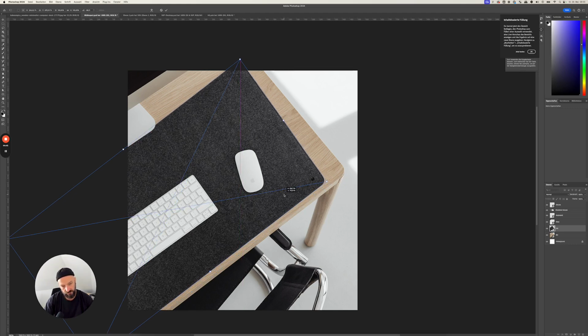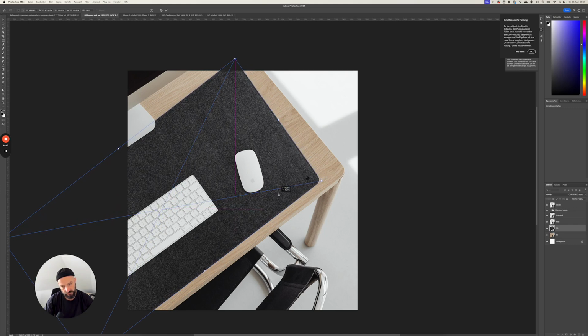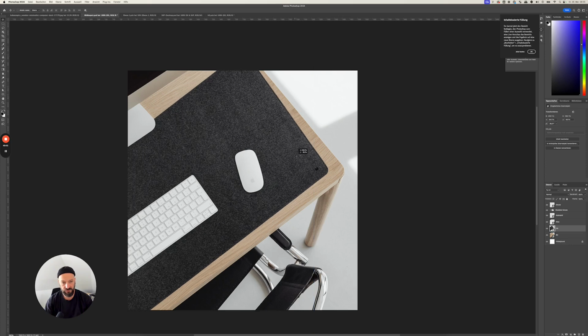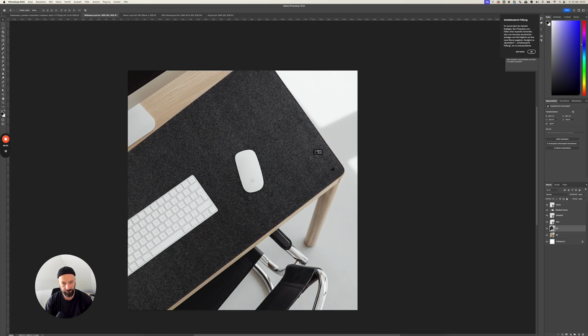So now I'm moving this where I want this to be. Let's say I want to have this right here, and now you can see that the perspective is not looking right. You can see it because this line is not aligning with this. So now you have to match the perspective. So I go in here and I say